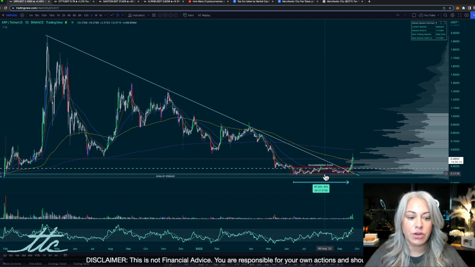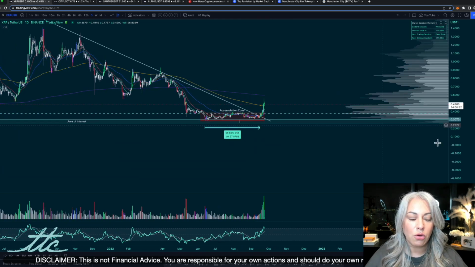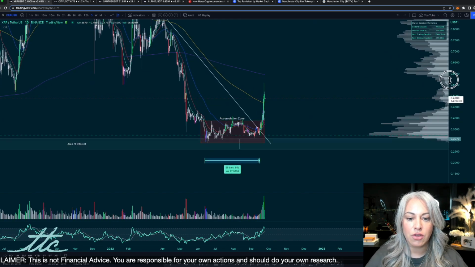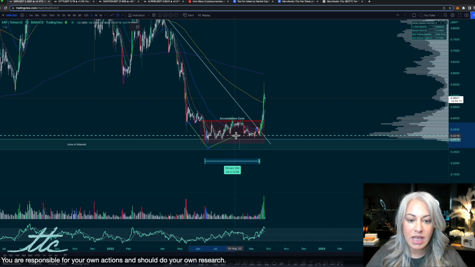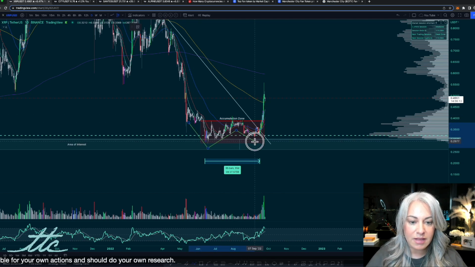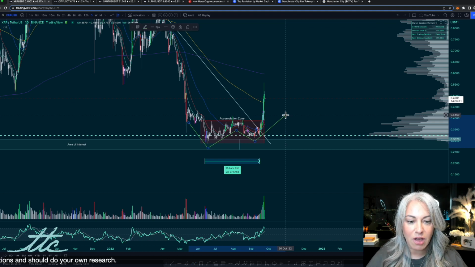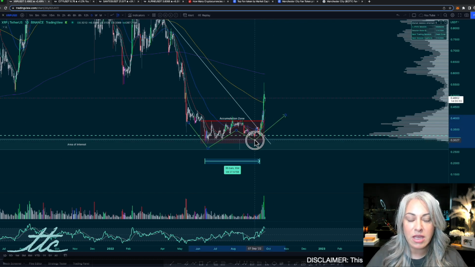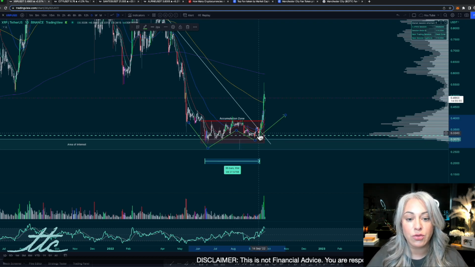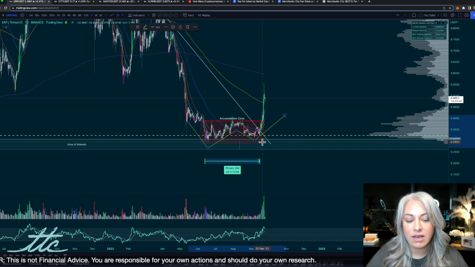So far, so good. The final thing that you want to then look for is within the accumulation zone, you want to identify a W formation. Now, again, I'm not saying that this is it for XRP because we don't have the time that I'm relying on, but the pattern is there. Towards the end of the accumulation, you want to see a W start to form where the second peak of that W is higher than the first. If you get that W formation towards the end of your accumulation zone, that's the ideal area to start investing